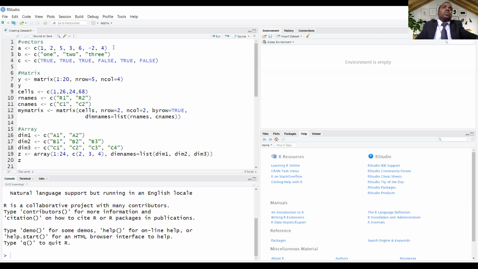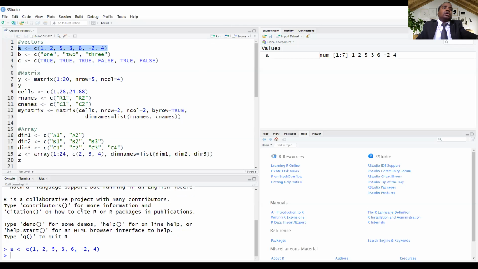So let's run one by one. Here you can see when I run A, in the global environment A is having the values 1 to 7. Okay. So unlike arrays, here you can see the position of a number starts with 1. So 1, 2, 3, 4, 5, 6, 7.